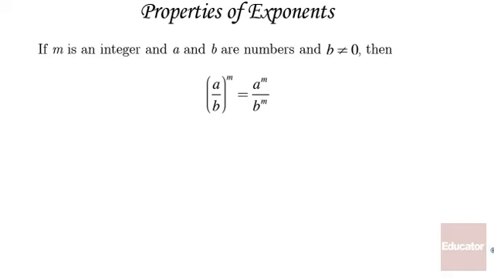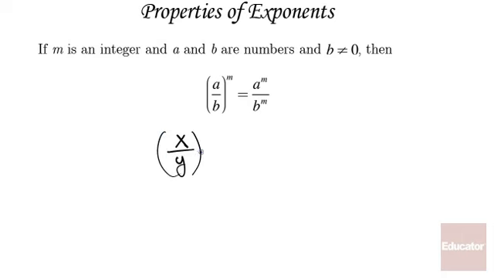Okay, if m is an integer and a and b are numbers and b does not equal 0, then if we have a quotient raised to a power, we can break it out so that we can apply this power to the numerator and here to the expression in the denominator. So again, we are not allowing the denominator to be equal to 0 because that would result in an undefined expression. Looking at this with an example,